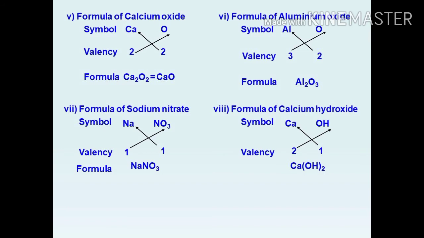For example, NaOH. What are polyatomic ions? A group of atoms having a charge is known as a polyatomic ion. In NaOH, sodium is an atom, and oxygen and hydrogen form the group of atoms. They have either a positive or a negative charge. So while writing this formula, we should follow these rules.